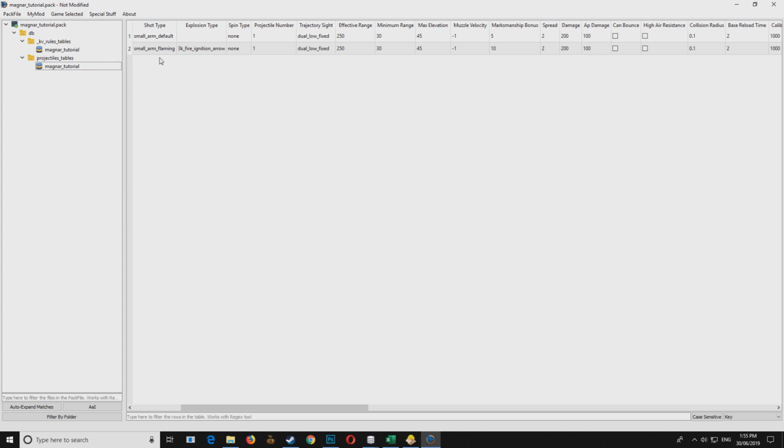The benefit to doing it this way is that if another mod edits this table but edits a different row, then both mods can be used together. And it'll take these two rows from our mod, and it'll take whatever changes the other mod makes and put them together. If you include the entire table, then it will depend on, I believe, your mod load order to